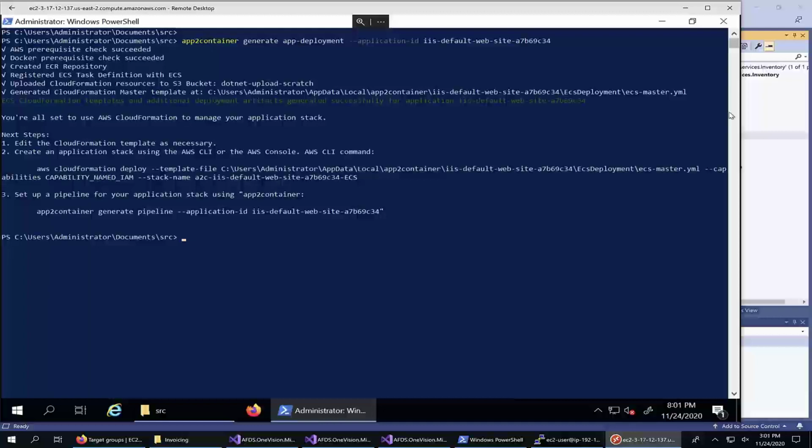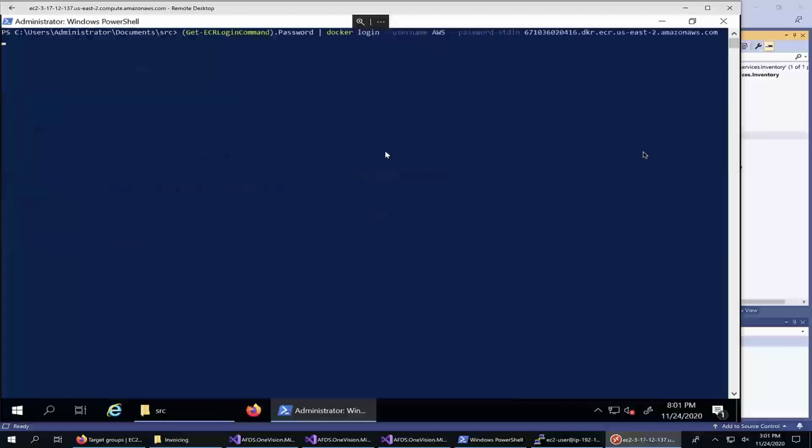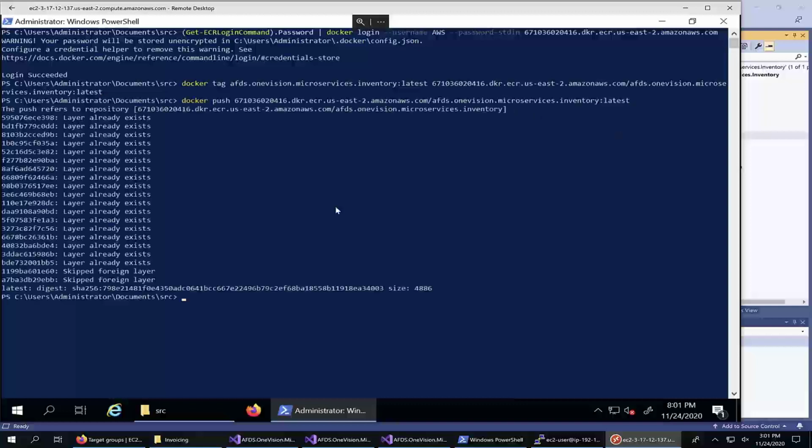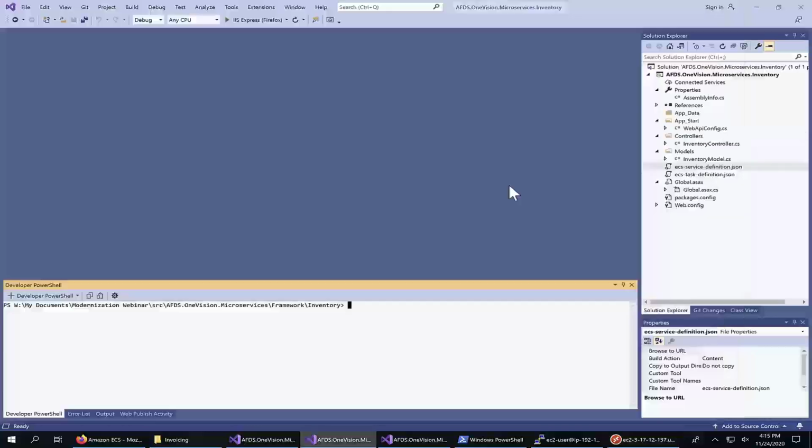Let's just push the image up to its ECR repository, and then we can use a workflow that's a lot like what we did for the invoicing microservice. Just like we pushed the invoicing image up from the Linux instance, we'll push the inventory image up from this Windows instance. Again, the commands to do this are available in the AWS console. We've now pushed the Docker image up to AWS.